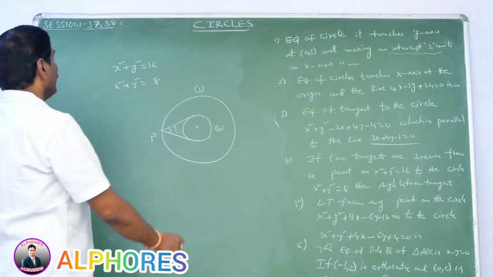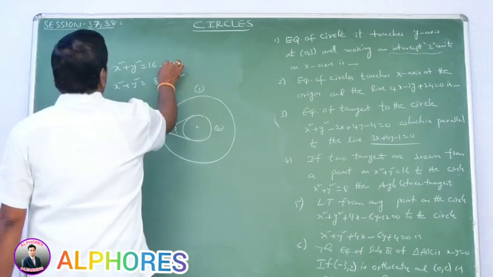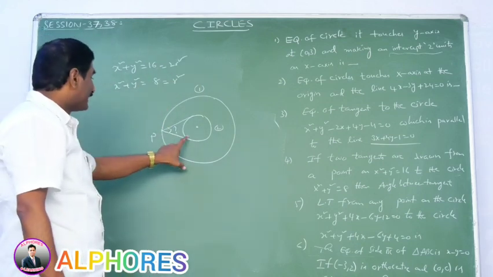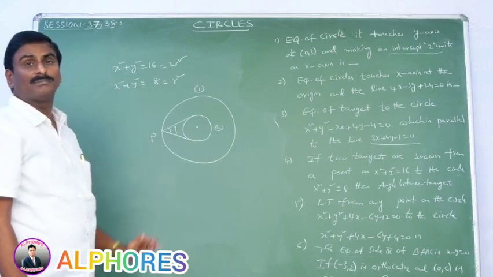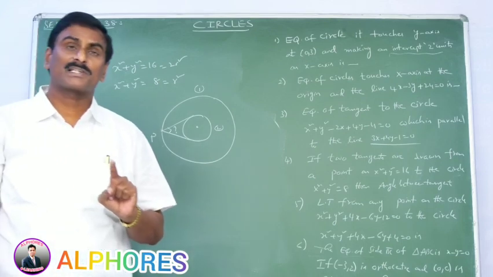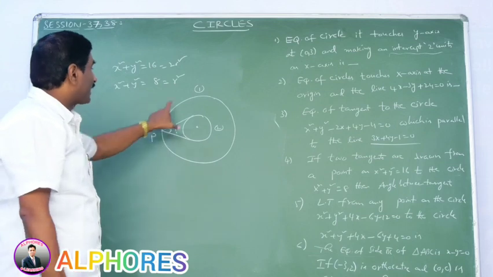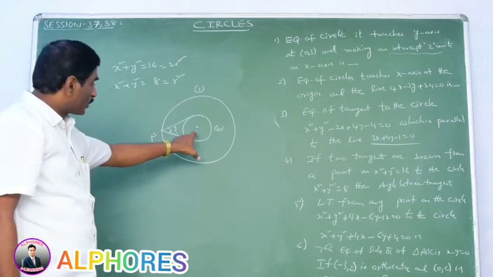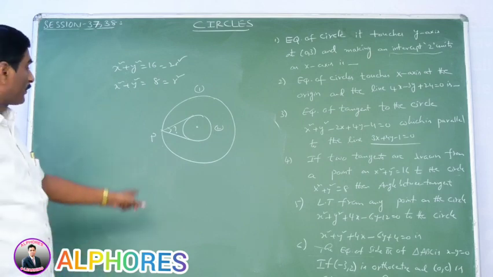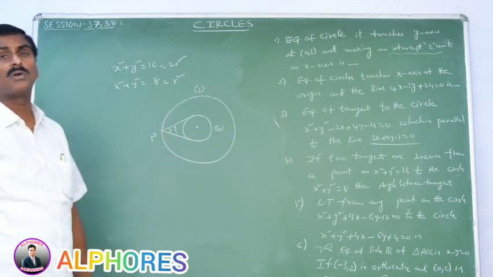Please observe this point. It is in the form of x square plus y square is equal to r square. It is in the form of 2r square. 2 into 8 means 16. That means this circle is the director circle of this circle. What is the director circle? The locus of point of intersection of perpendicular tangents to the given circle is said to be the director circle. From any point on the director circle, the angle between the tangents to this circle is always 90 degrees. Director circle means the angle between the tangents from any point on this is 90 degrees. So, angle between these two tangents is equal to 90 degrees.